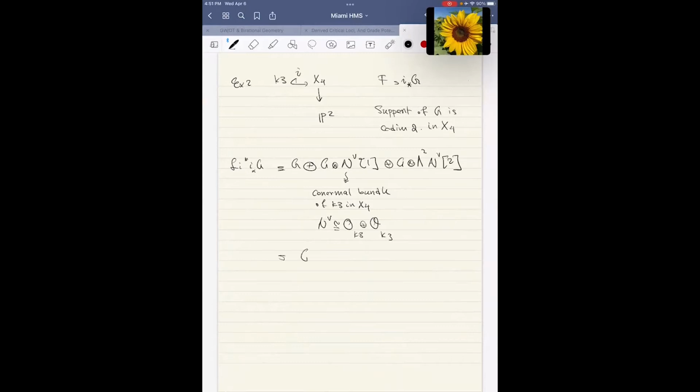So this you will get G plus G shifted by 1, two of those things, plus the second wedge product, which is just O, so G shifted by 2. Now you apply Arham FF again. If GG again, I'm sorry, what am I saying even? You apply this functor Arham blank G to both sides of this